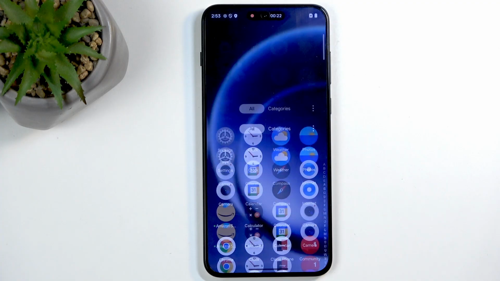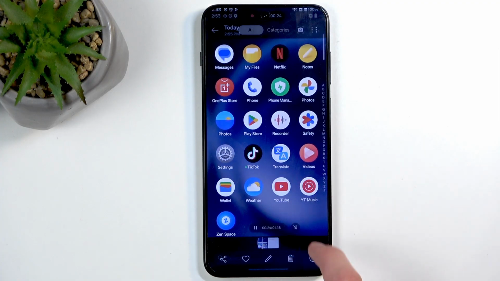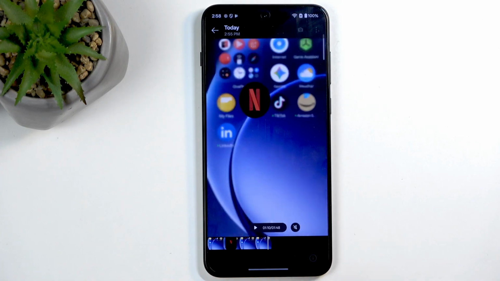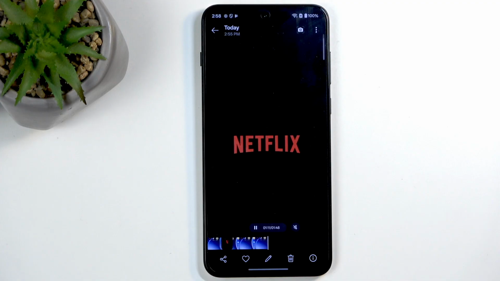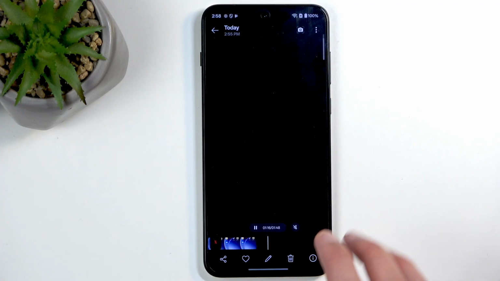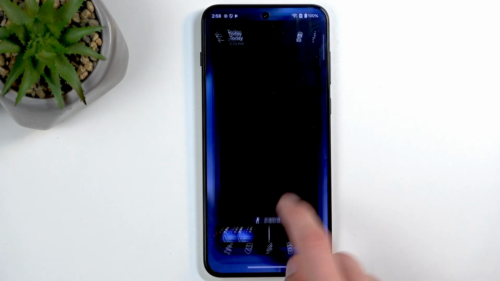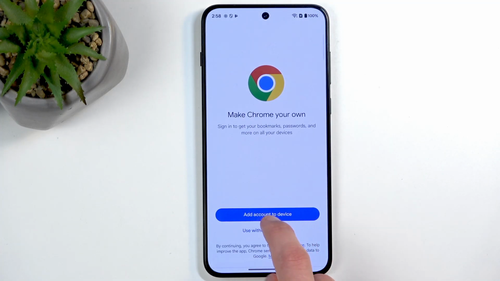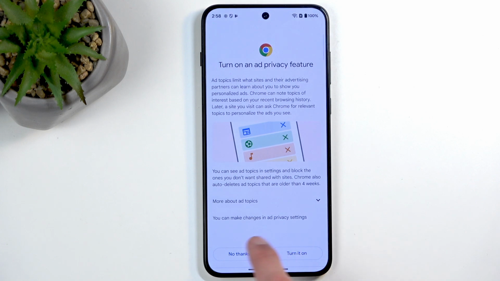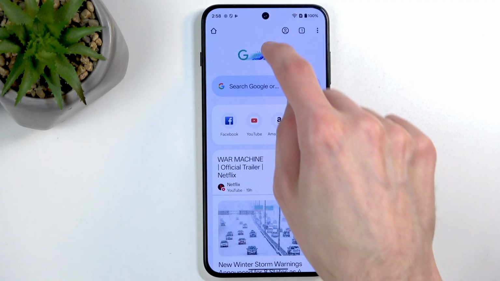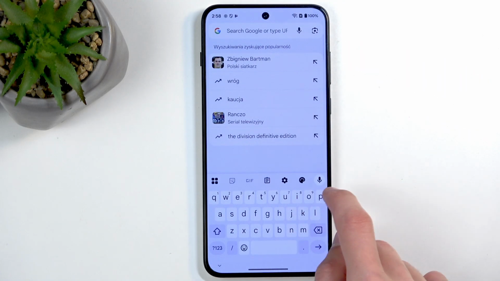And because of that, what I'm going to show you, so by the way, just to go over this, as I didn't mention, right here is where Netflix is open. And all you can see is just a black screen. So, because it never asked me for this, we're going to go into something like, for instance, our browser. And here, we can just get through the setup, there we go. And here we're going to navigate to